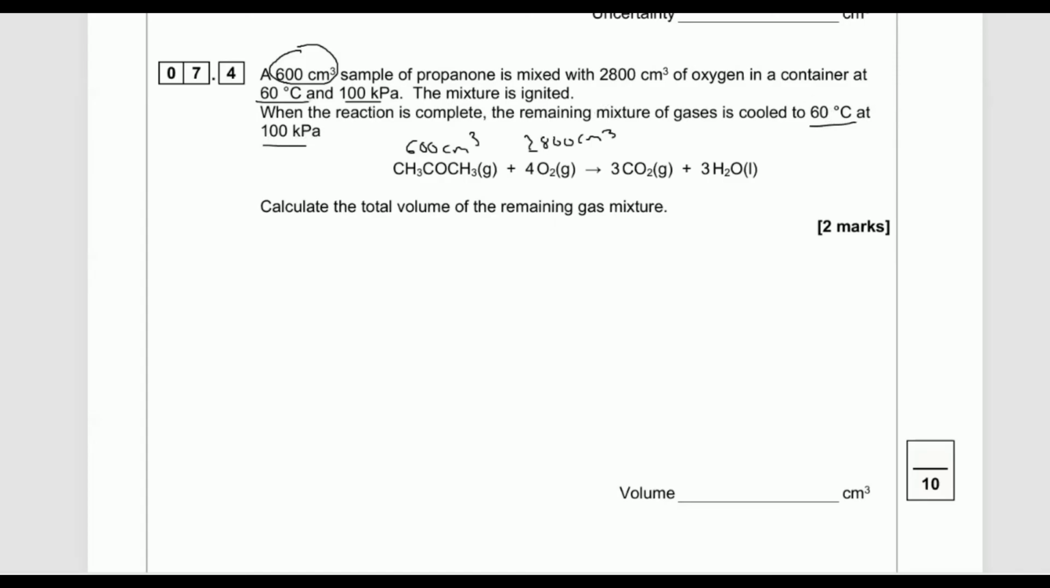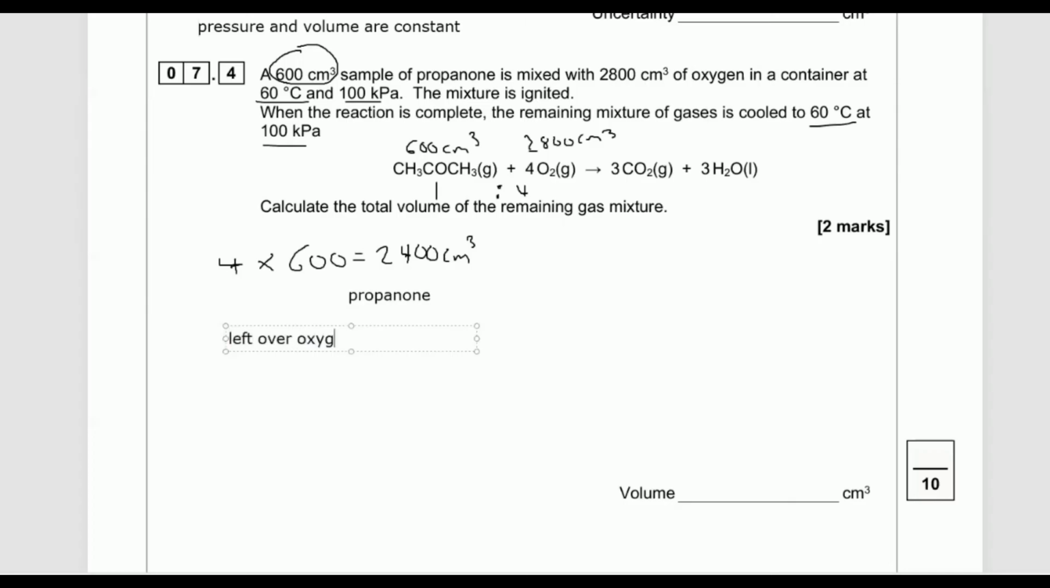The pressure's the same before and after. Now that's interesting, because if the pressure is the same, it means our centimeters cubed are basically equivalent to moles. So what we're going to do here is use the ratio of the coefficients. So propanone to oxygen is 1:4. So for 600 centimeters cubed of propanone, I'm going to need 2,400 centimeter cubed of oxygen, right? So it means I'm going to need 2,400 centimeter cubed of oxygen to react with that 600 centimeter cubed of